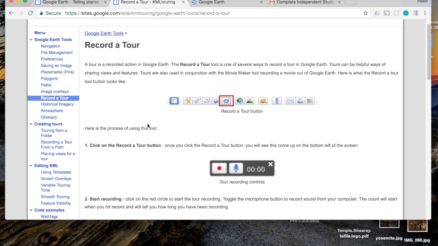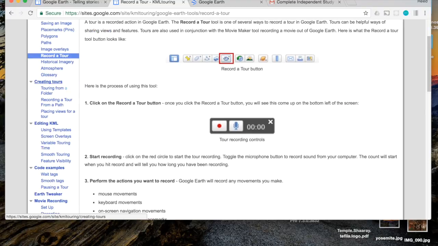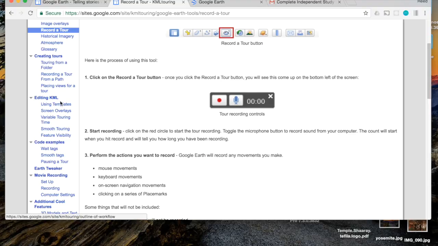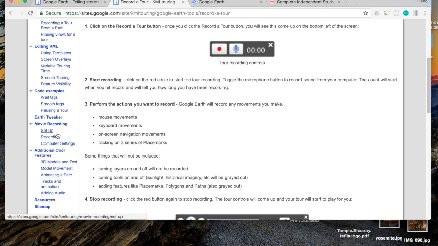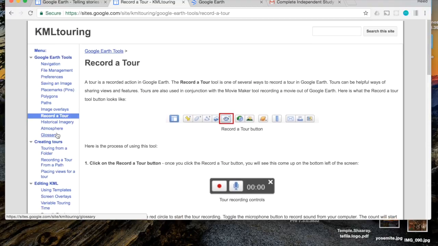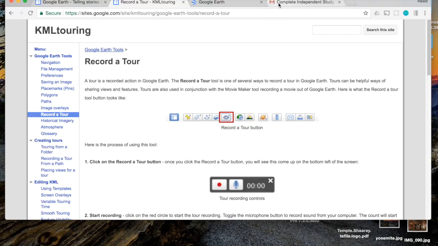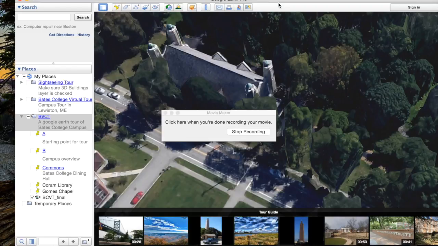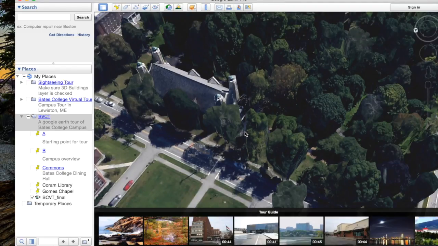It's called KML Touring. You can use image overlays, paths, polygons, place marks, templates, smoothing it out, pausing a tour, 3D models, a bunch of really cool stuff. And you could actually load this video into a third-party editing software, which will probably be even better. So now we can click stop recording,